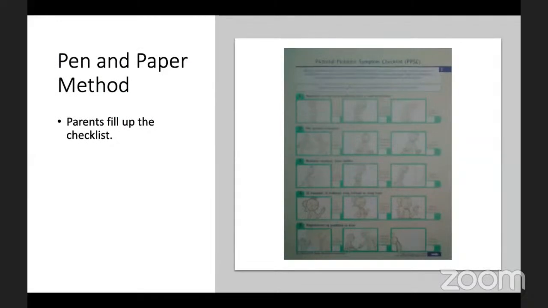But when you try to deploy the digital checklist, the problem is that you might not have enough gadgets. You might not have enough mobile devices. So in the absence of that, we still go back to the pen and paper method. And this has always been the fastest way to have a whole class participate,